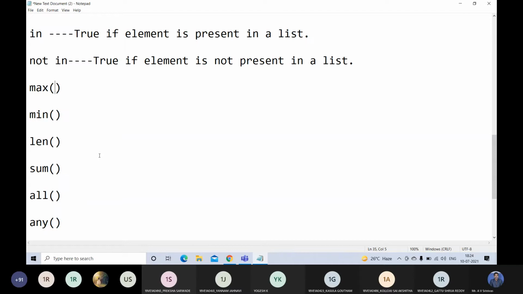We can use max, min, len, sum, all, and any in almost all four data structures. The max function is used to find the maximum element in a list. The min function is for finding the minimum element, that means the smallest element in a list.